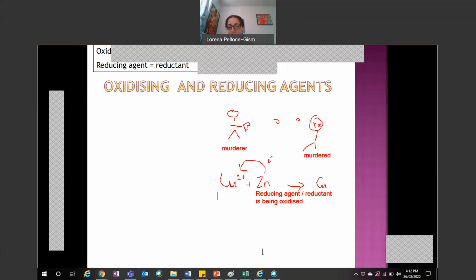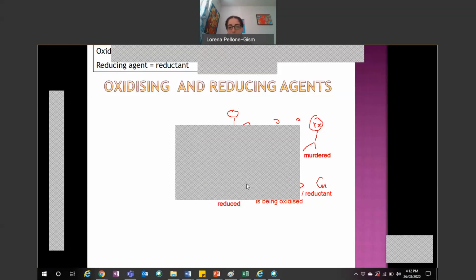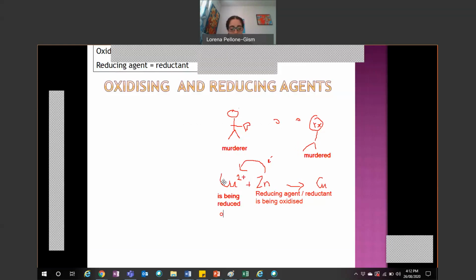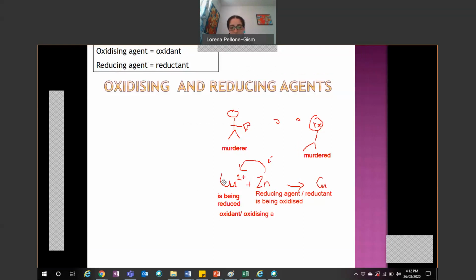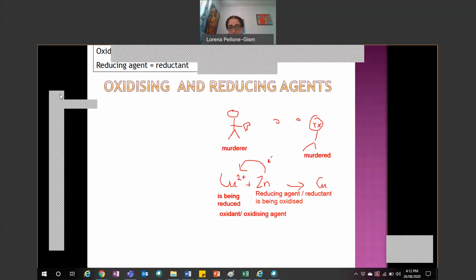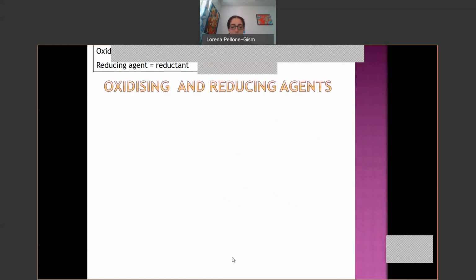But at the same token, the copper is being reduced because it's gaining electrons, but it is the oxidant, because it is causing oxidation. So you might want to get that down as an example, but if we have a look back through